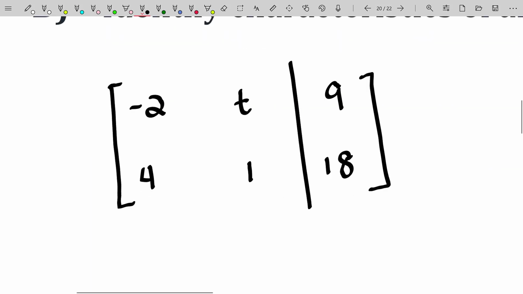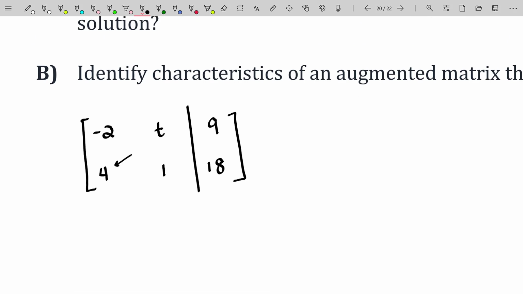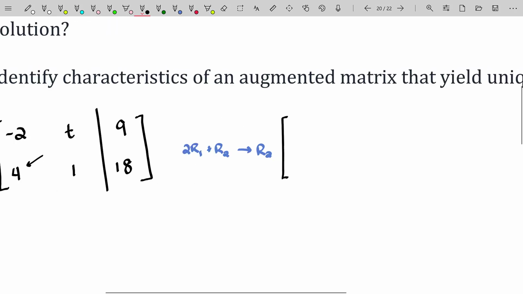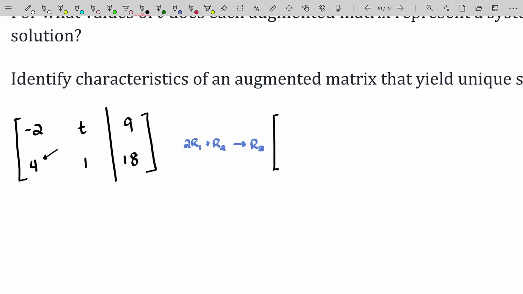Let's go ahead and perform a single elementary row operation on this matrix. I'm going to do row replacement to remove that entry right there. Let's take 2 times row 1 and add it to row 2. Remember, solutions are invariant under elementary row operations, so this will not change the solution set of the underlying linear system. In this process, row 1 is not going to change, but row 2 definitely is.